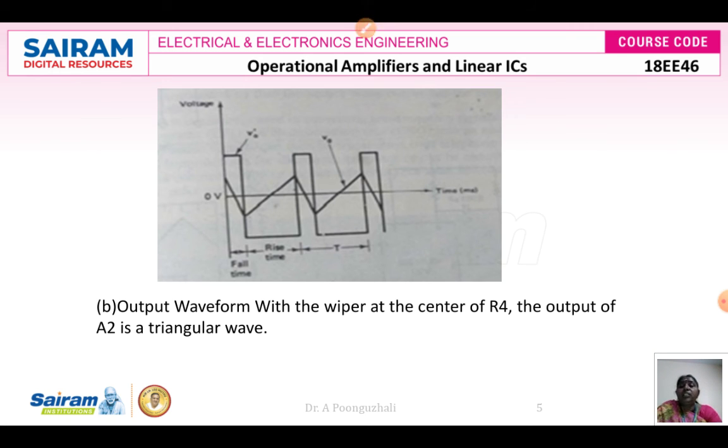So you can see that this is your output waveform. When it is at plus Vsat, my capacitor is going to discharge, giving a negative going ramp, and then the output is going to be at minus Vsat. My capacitor voltage is going to increase, so you are going to have your rise time here. This is your fall time here. You can see that my output square waveform itself is not a perfect one. In this case, the duty cycle is going to vary.